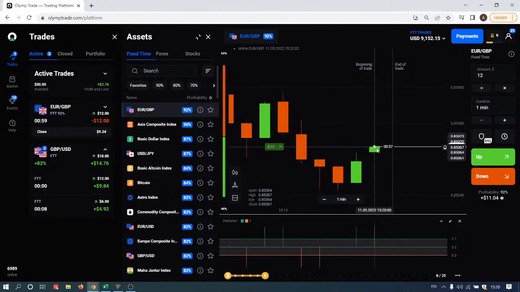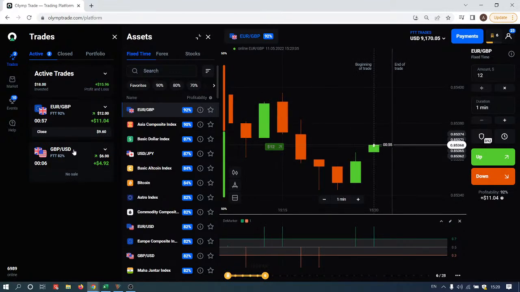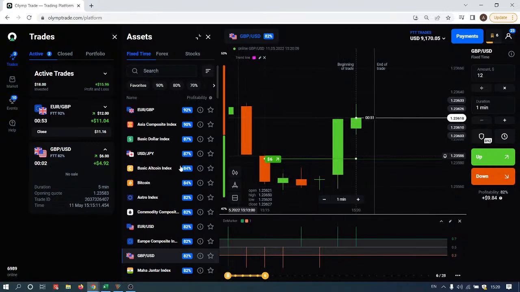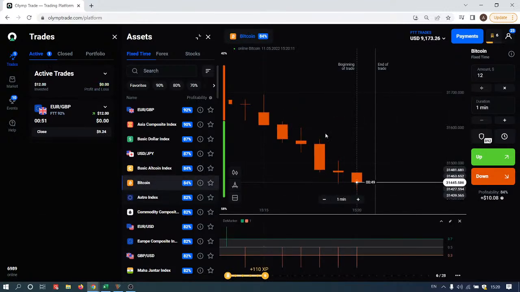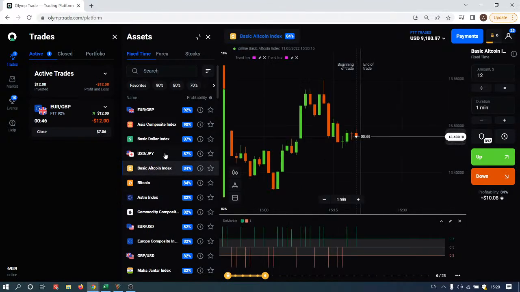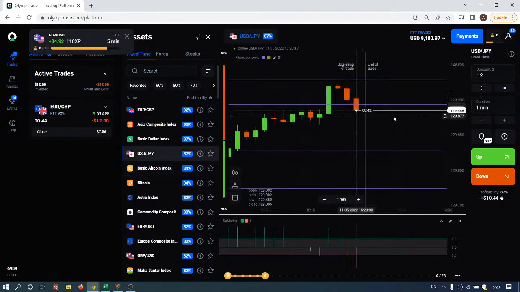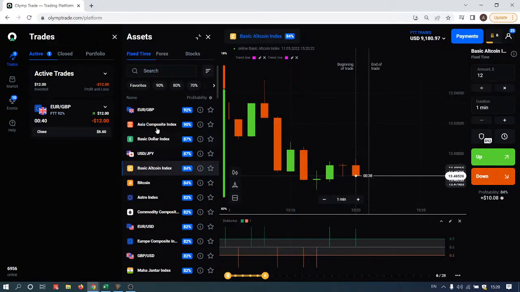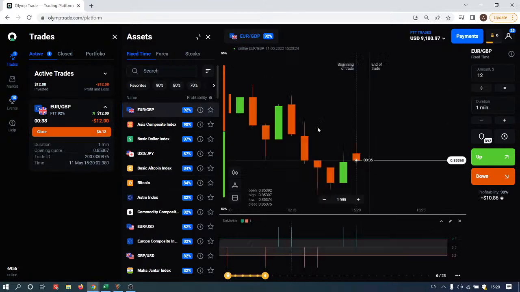All right, let's try this one. Euro GBP up according to Barcode Strategy. So that's what I would definitely do. Right, so where do I have no signals? All right, so